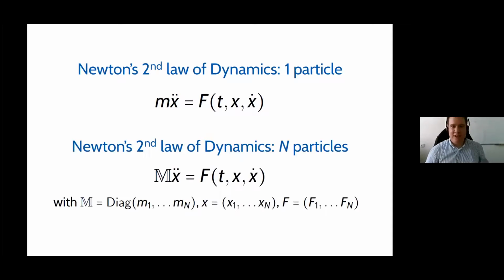If I consider n particles, I can do the same. In this case, x will be a vector, x1 to xn, with the position of each particle. And clearly we should consider all the forces for each component, but the forces might depend on the state of one particle and also of the other particles, because they can be linked by springs, for instance, or other things.